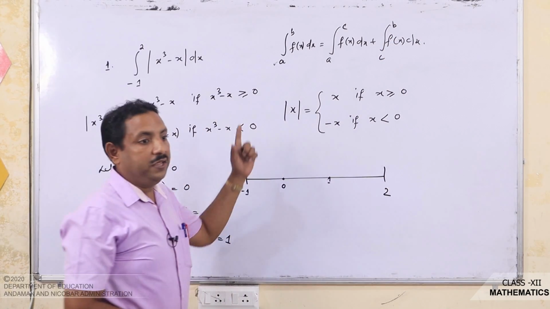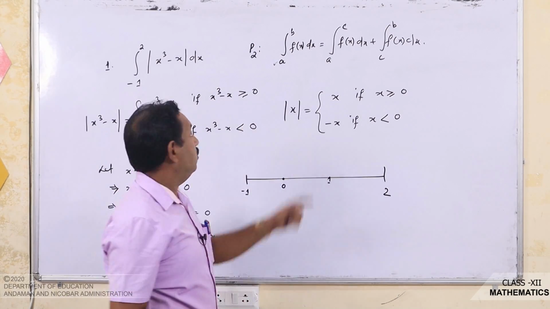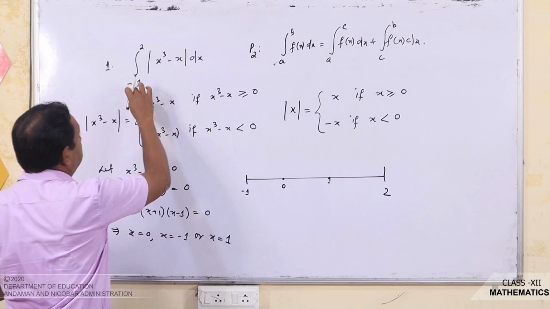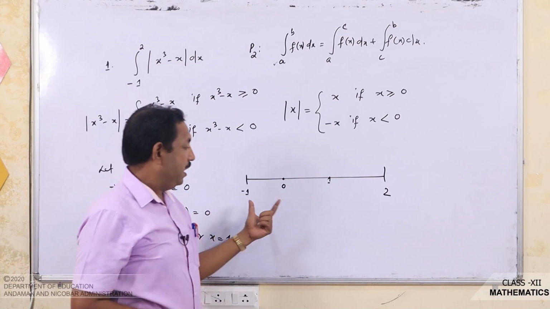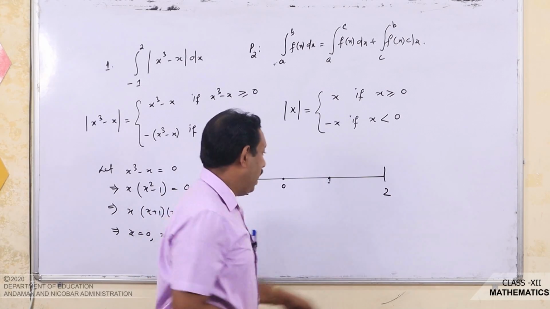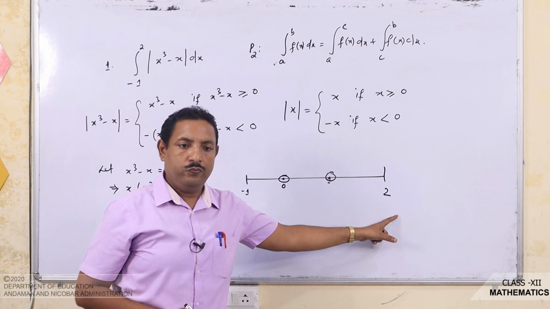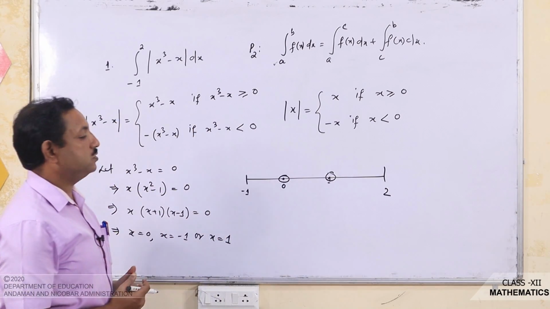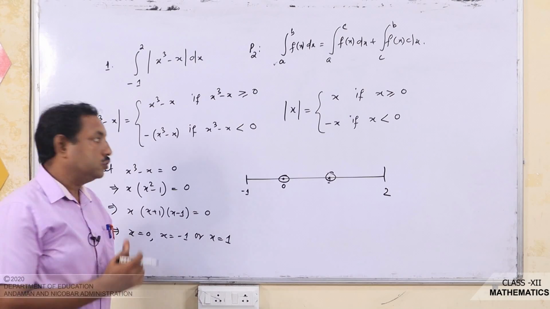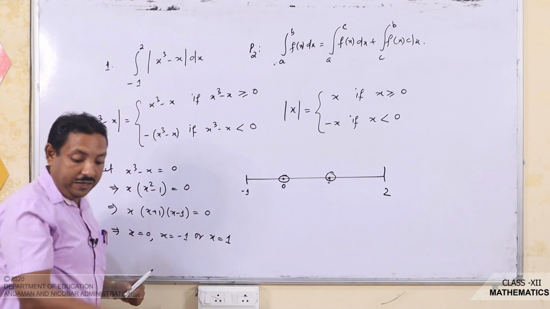So, I can apply the P2 property over this question, because we can subdivide this interval as -1 to 0, 0 to 1 and 1 to 2. I can take points in between -1 and 2, which give us new intervals. So, we can write this question as